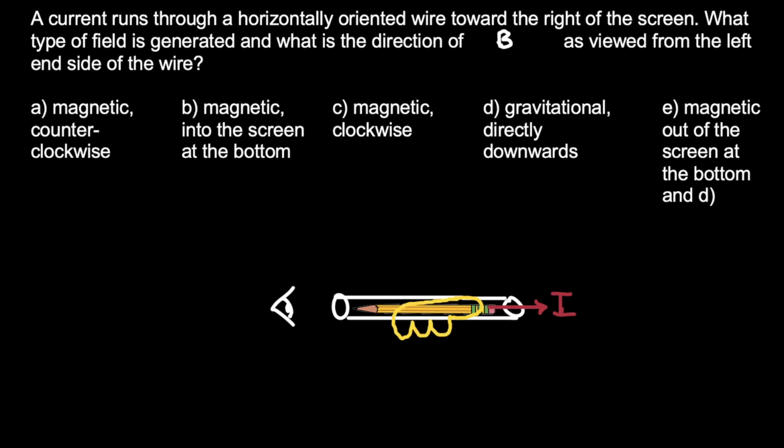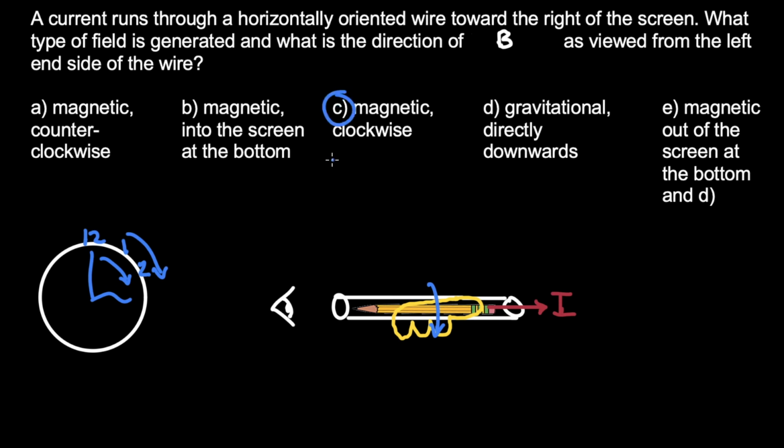So that means that because we're using our wire rule, our fingers, except for our thumb, which points in the direction of current, are pointing in the direction of the magnetic field, which is this way. And so that means that if I was going to draw a circle, the current is going to be flowing in this direction, which, if you imagine a clock hand, where this is 12, this is 1, this is 2, and clocks move this way, that's going to be clockwise